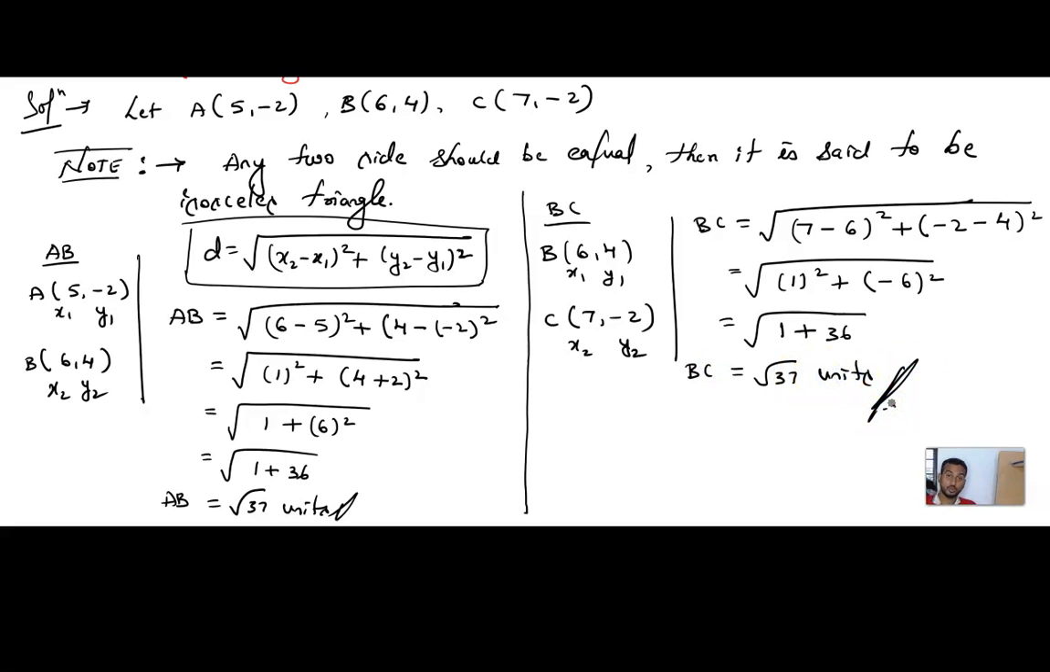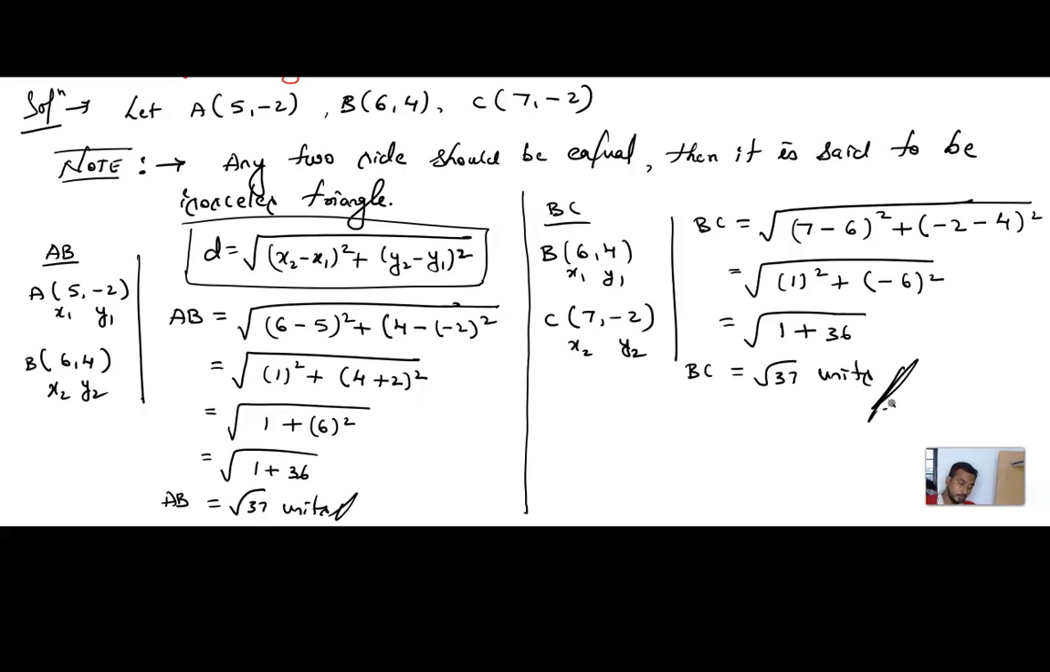Children, kindly don't stop the problem here itself. Sir, AB and BC both are root 37. As you said, any two sides equal means isosceles, right? Once you get two sides equal, you should not stop. You have to find CA also. Sometimes CA also may be root 37. If all the three sides are equal, then we can say it is an equilateral triangle. That's the reason you should be very careful. You have to solve the complete problem,